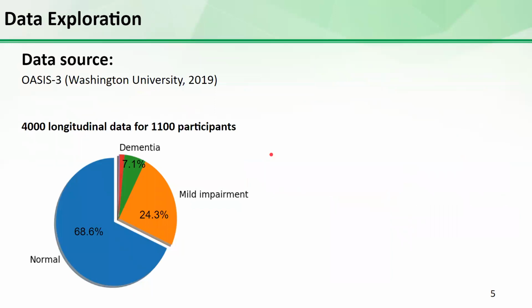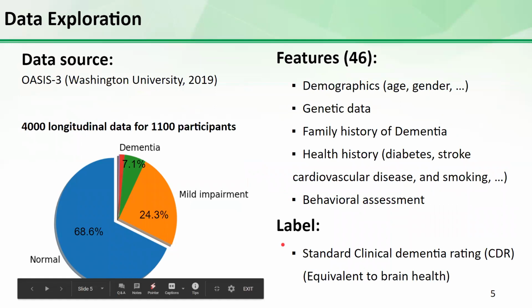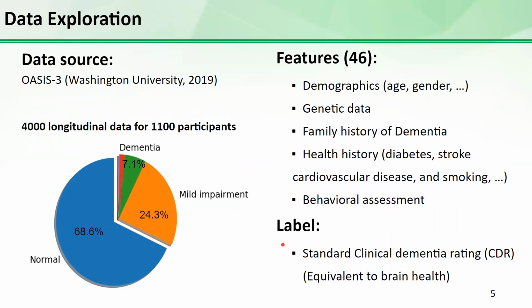The data I used is OASIS-3, collected by Washington University over 15 years, and it's 4,000 longitudinal data points for 1,100 participants. In this case, for each participant, we have about 10 years of data. And the features I used include demographics, genetic data, family and health history, as well as behavioral assessment data. And the label I used is the standard clinical dementia rating, which is equivalent to the brain health score I used